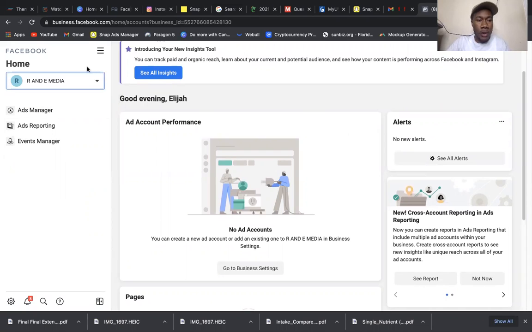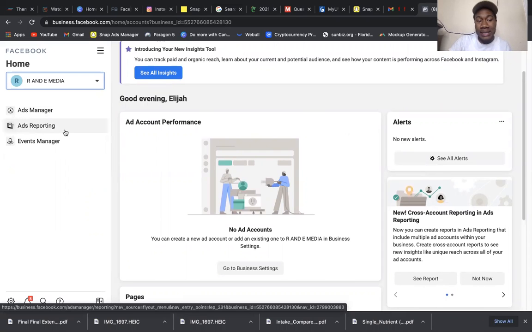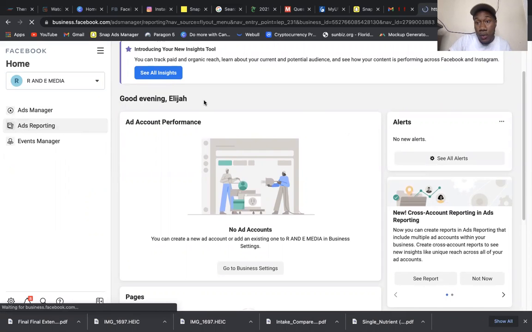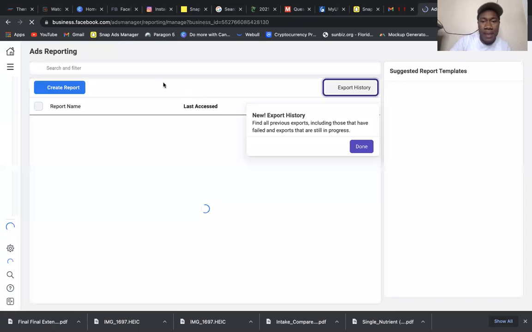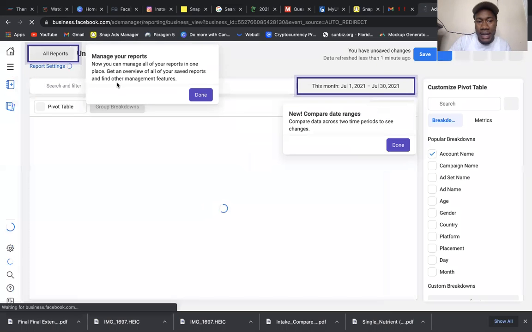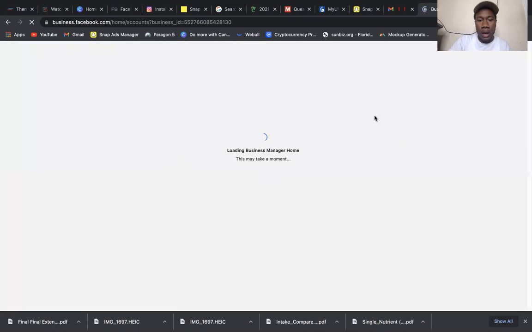So right here, this is where you will go to click on ads manager. That's the page we were on before. Ads reporting, you can click on that and get some reporting on your ads. Now, this particular one is probably not going to show any reports because I'm not specifically running any ads on that page, I don't think.